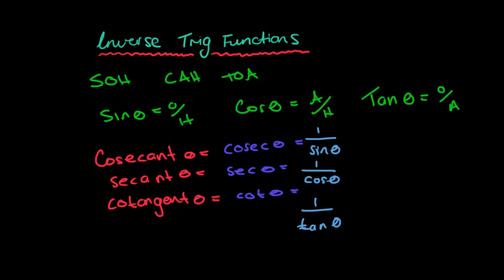So how do we remember that? Well, it's up to you, to be honest, but the way that I do it, I see the first one says cos. Now often we think, well, that should be 1 over cos theta, but remember, inverse is kind of like opposite, so the opposite of cos is kind of like sine. So that's how I remember it. And then obviously the sec is cos. Sometimes it ends in C, which can get misleading though. But cot is nice and easy because it has a t in it, so it's 1 over tan theta. So how can I use this in order to help me